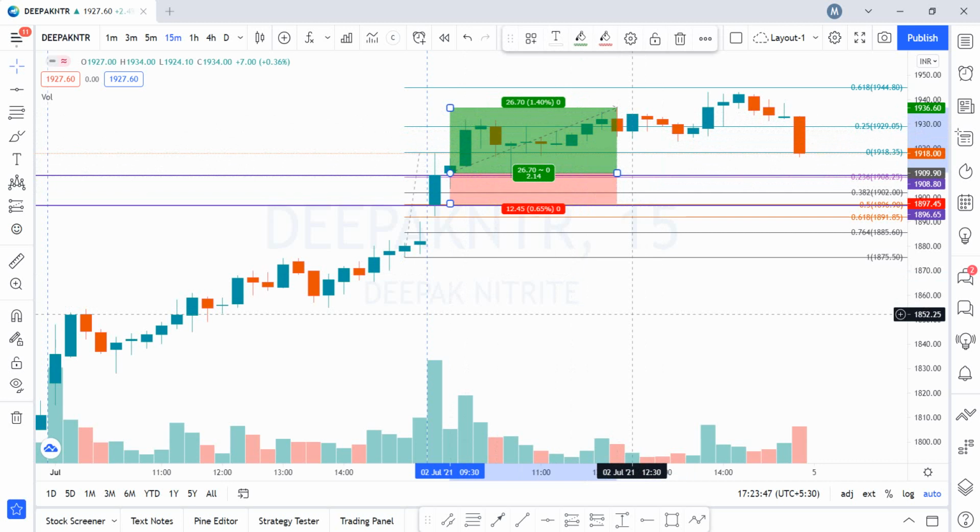So once you get 1:2, I would suggest that you either very strictly trail your stop loss or just book the position, because as an intraday trader, greed is really bad for us, and we should not be taking too much risk or being too greedy, treating each stock as a home run stock. It is a day in day out affair for us to just keep booking our profits. So 1:1 or 1:2 is the perfect time when you should be looking for an exit.